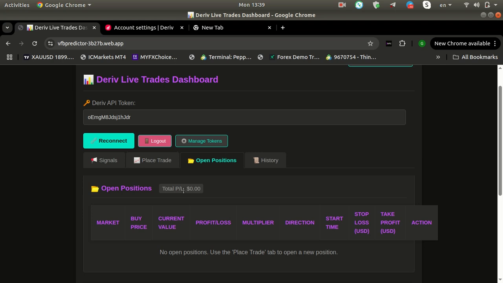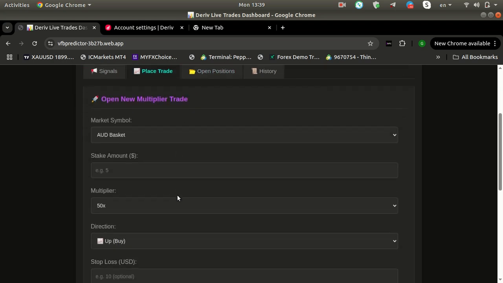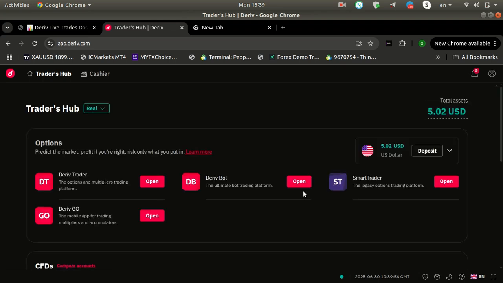Now having that connected, I can see my open positions. Currently no open positions. I will also be able to place a trade, you see. So let me go back to the trading website. Here on Deriv, if I go back to Deriv Trader,